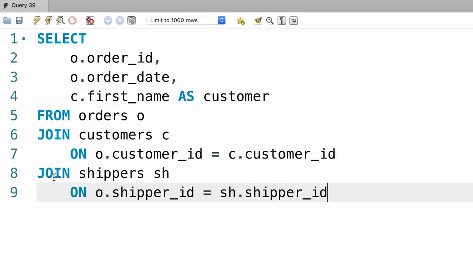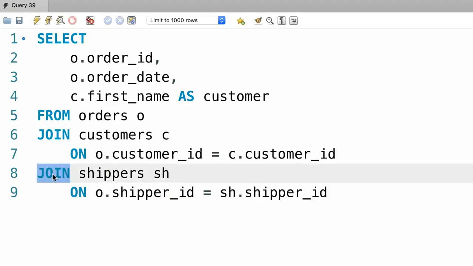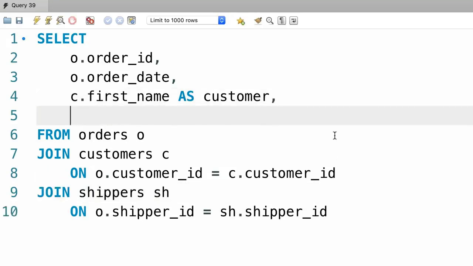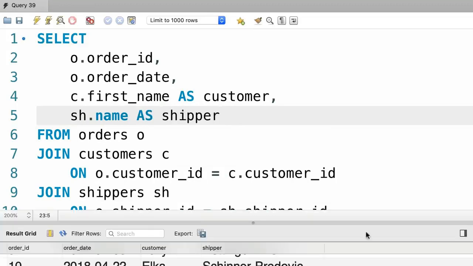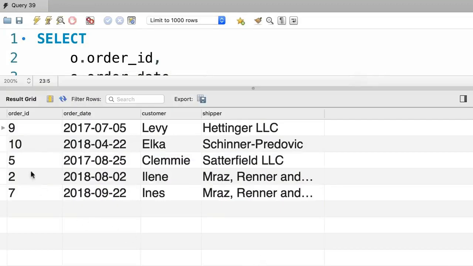However, if we use an inner join here, because some of our orders don't have a shipper, we're only going to see the orders that have been shipped. Let me show you. So for clarity, I'm going to add the shipper's name here. So shipper.name as shipper. Let's execute the query. There you go. We only see the orders that have been shipped, but we want to see all the orders, right? So